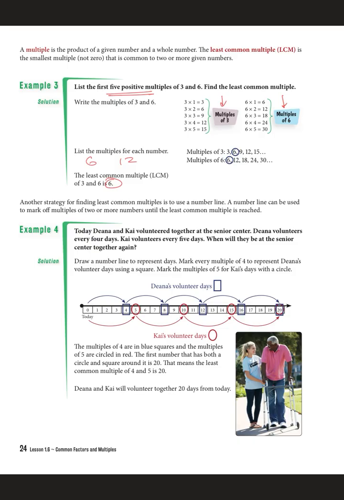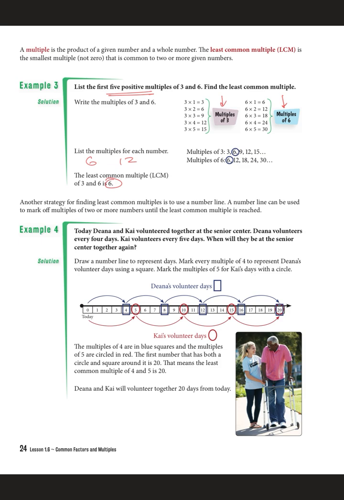Another strategy for finding multiples is to use a number line. A number line can be used to mark off multiples of two or more numbers until at least the least common multiple is reached. On example number 4, it says, today,